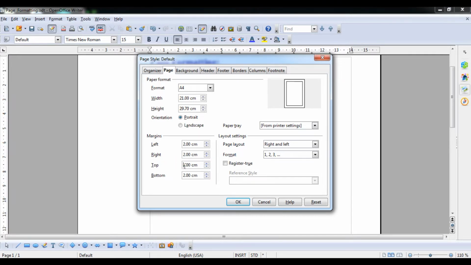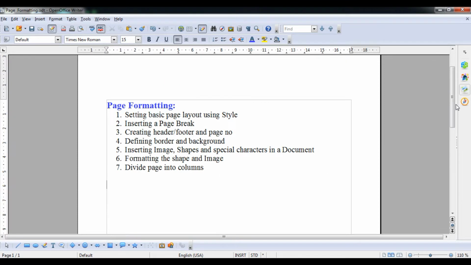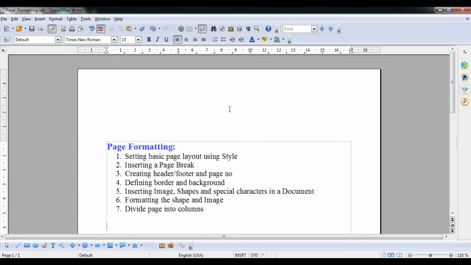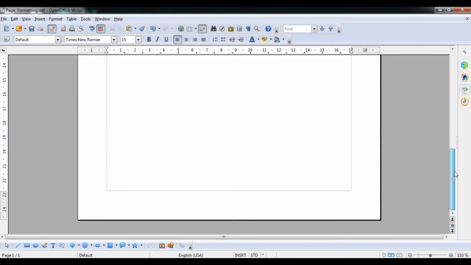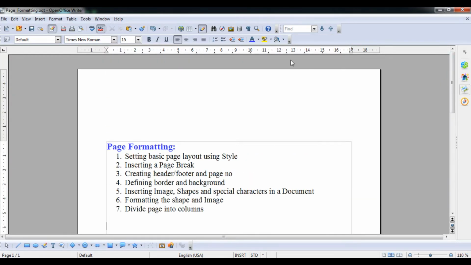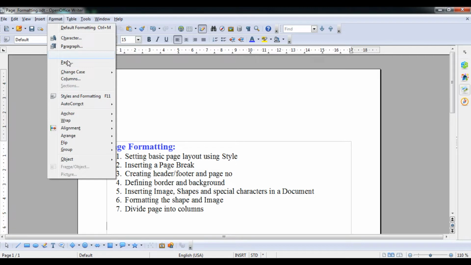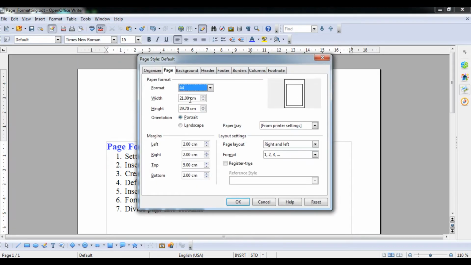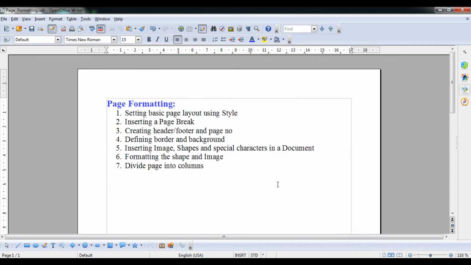For example, in the top, if I change the margin to 5.00 centimeters, you can see this page has extra margin in the top, while the bottom is as per the earlier default setting. By default it is 2.00 centimeter.